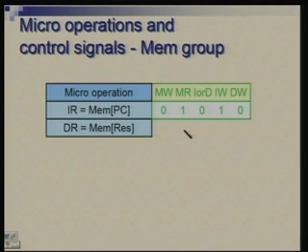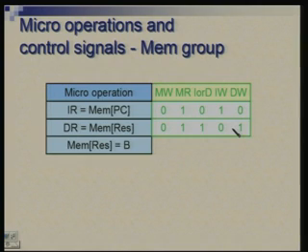Next is getting data from memory. Again we are reading, we are not writing, it is data, so that makes it 1. We are not storing into IR, we are storing into DR. So, that is 1 and that is 0. Next is writing into memory. Now we make write as 1, read as 0. Once again it is data, so I or D is 1, and we are not storing anything into IR or DR. So, both these are 0.